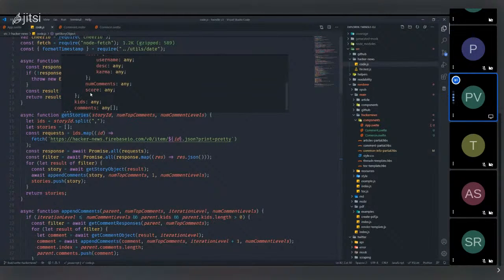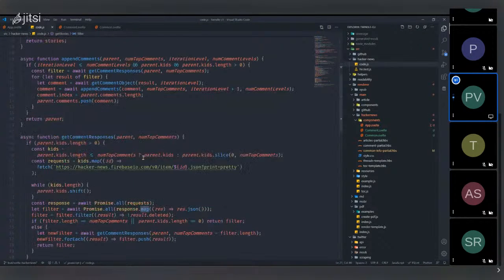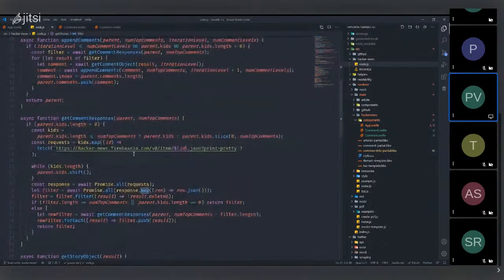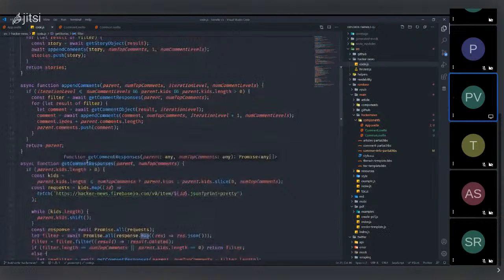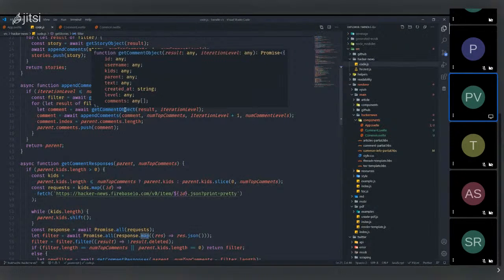Comments is just an any array. Let's take a look at it. Can you scroll down a little bit after this append comments, get comments responses? Append comments adds the comments to the get comment response. That's the file we need to worry about, I think. Is it a recursive function? Yeah, it is. Append comment is a recursive function because every comment could in return have a comment, so it needed to be recursive. But if you can scroll down a little bit further,